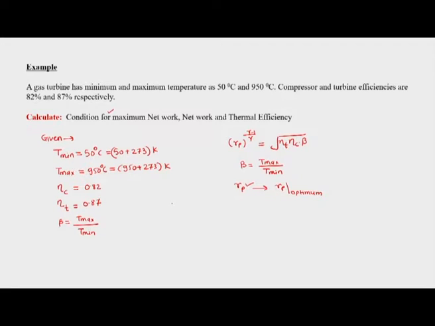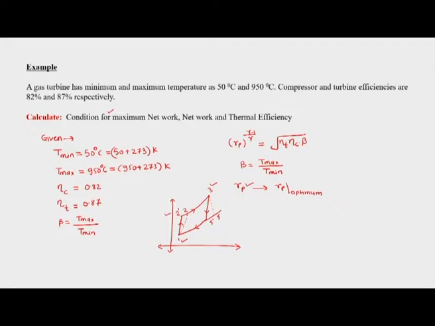Now, what we can do is draw the TS diagram. In this TS diagram, this is the isentropic 1, 2, 3, this is the ideal cycle, and then this is 2 dash and 2, and this is 4 dash and 4. So now we know everything at T1, we know only the pressure at 2, we know the temperature at T3, and we do not know the temperature at 4.